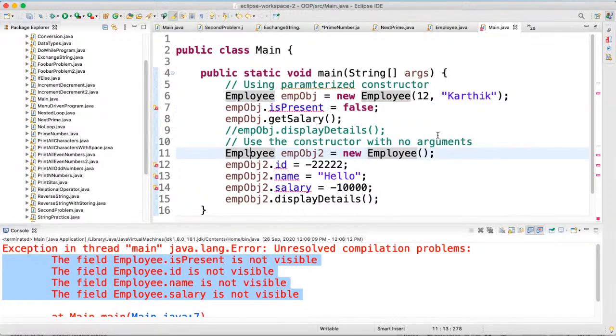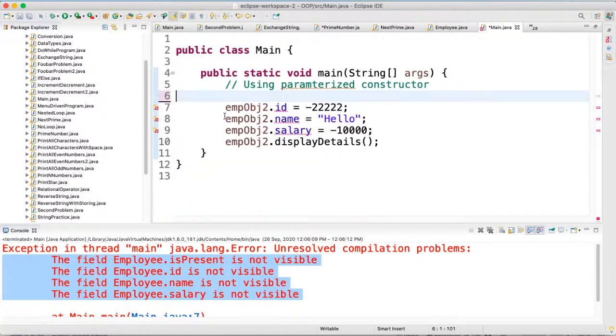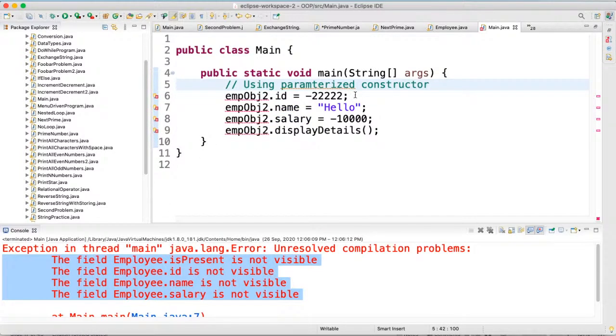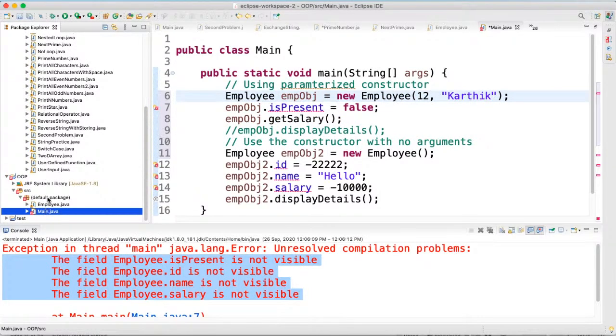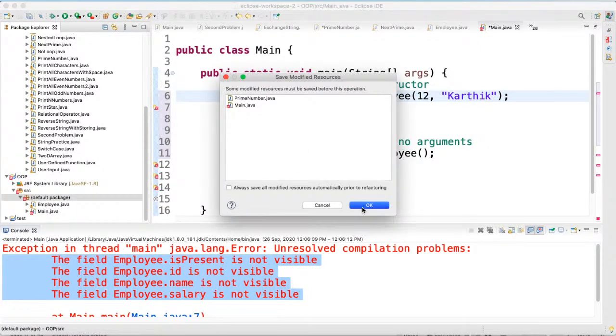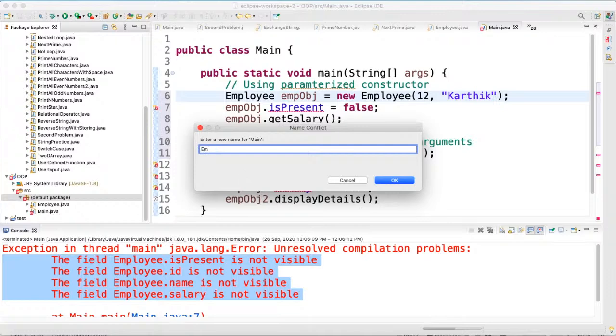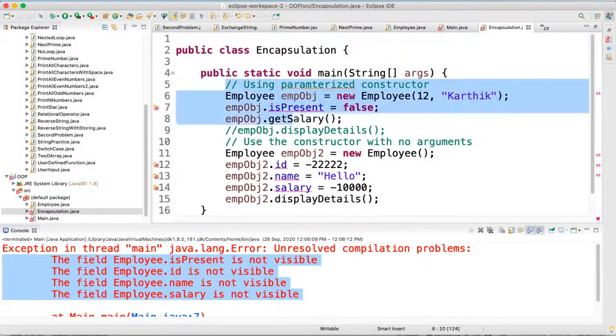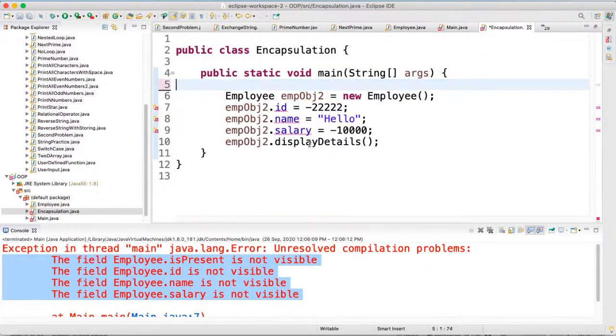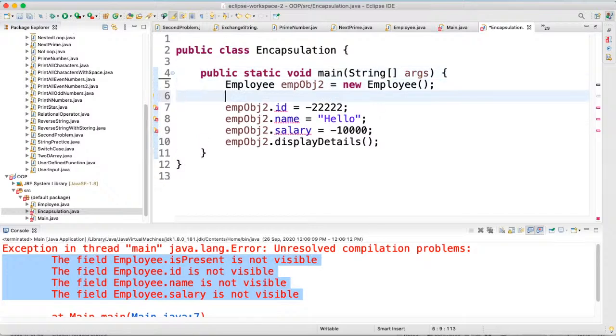Okay, so what we'll do, I'll just remove this part for now. I'll just focus on this part. Or we'll just create a new class, guys. I think that's better. Okay, so we created a new class for encapsulation. We'll just keep the part which we want to discuss now. So guys, we cannot directly access, but okay, what we'll do,